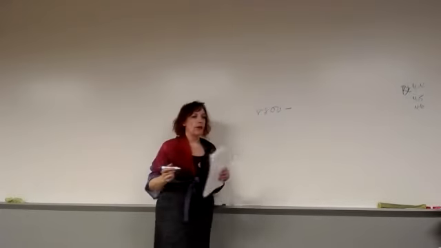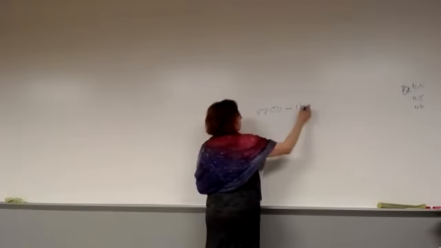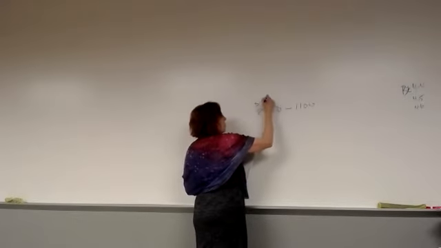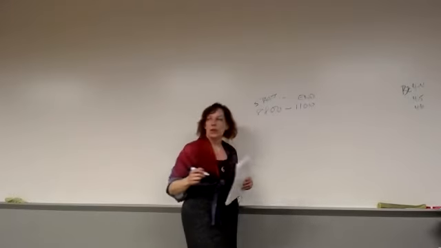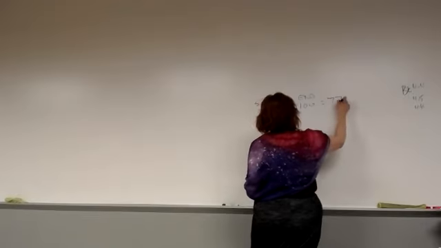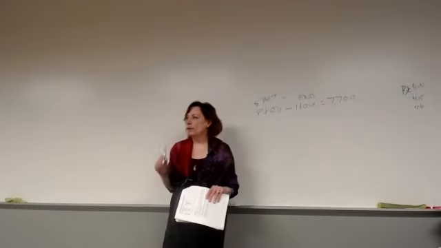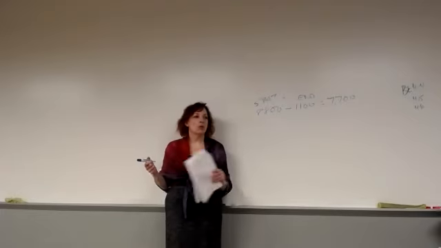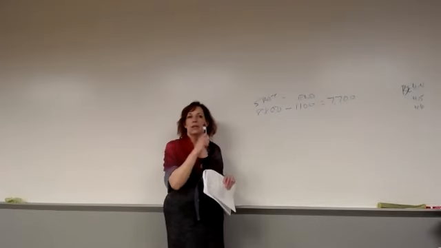And what we have left at the end was what? 1,100? So this is what we started with. This is what we ended with. So what you started with minus what you ended with is what you've used. $7,700. So we've used up $7,700. So we want to do an adjusting entry to recognize that we've used that up and that is now an